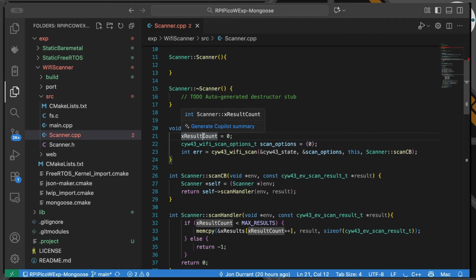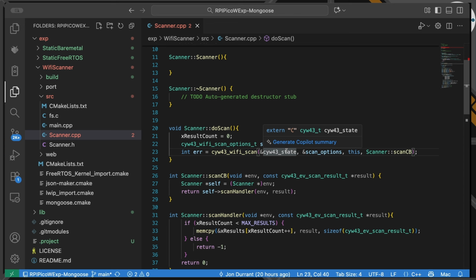So kicking off the scan is really simple. We just reset our counter to 0. We create these options, which, as I said, is something that we haven't yet got to, and then we go and run off the scan. And we do that by initiating that function there, and that will kick off the scan on the current CYW43 instance with those options, and I'm providing this object as the reference into that, so that that will be passed